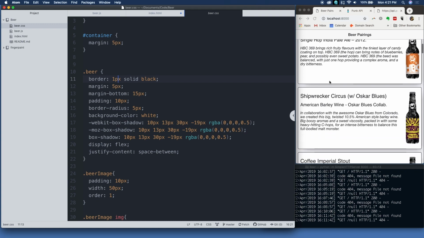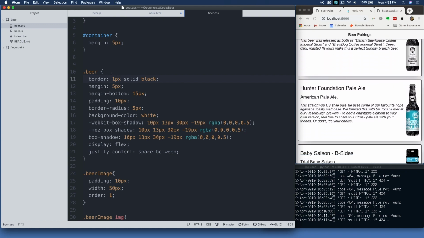Now, each one of these is styled by this class beer starting on line 10, and you're able to see all the styles as we go here. First of all, a 1 pixel solid black border goes all the way around. Every one of these has that. A margin of 5 pixels, so there's 5 pixels between this and whatever's next to it, but at the bottom I allowed some additional pixels to spread these out a little bit more. Padding of 10 pixels between the edge and the actual content, so our text isn't right up against the border. The border radius of 5, giving us 5 pixel round edges, a background color of white, and this all is